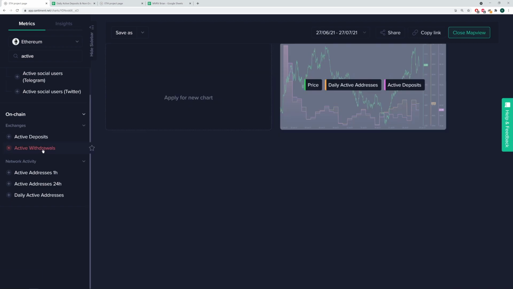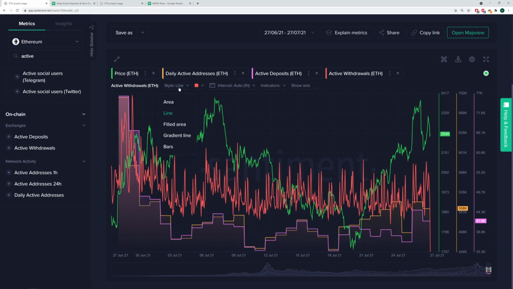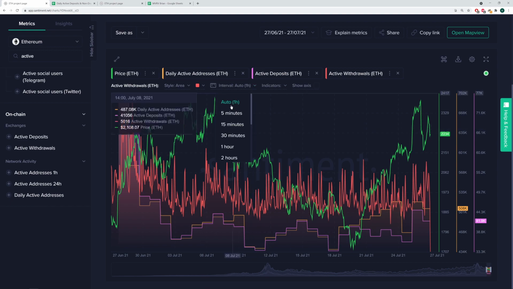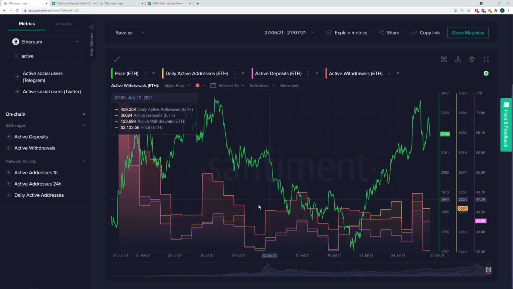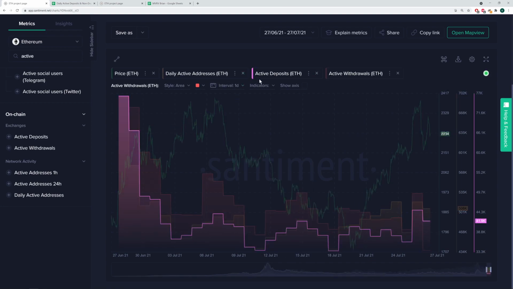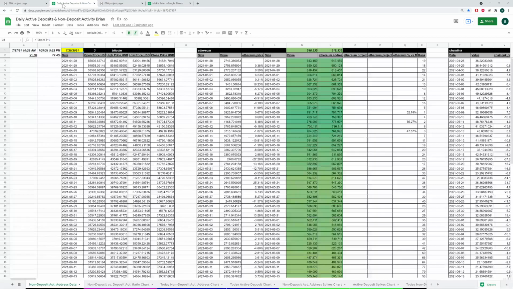We even have active withdrawals, which you can overlay. I generally just look at active deposits because including active withdrawals on this kind of analysis gets a bit redundant. I'll show it on the same 1 day scale. You can see it kind of takes on its own nature a little bit, but yeah, all three are useful to a given extent. We also have a sand sheets model that can show